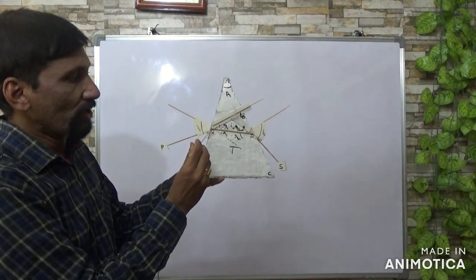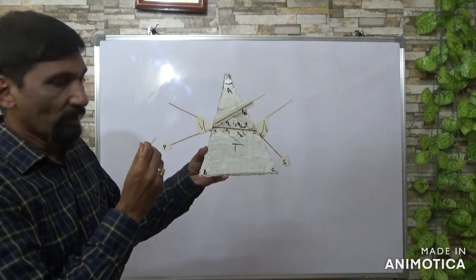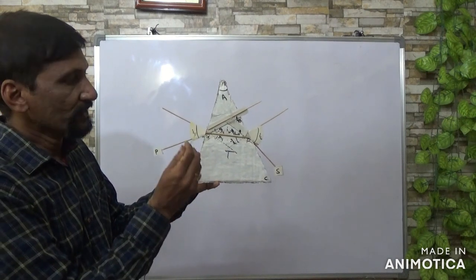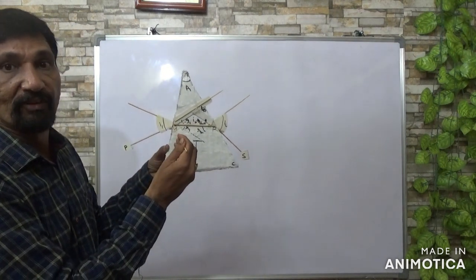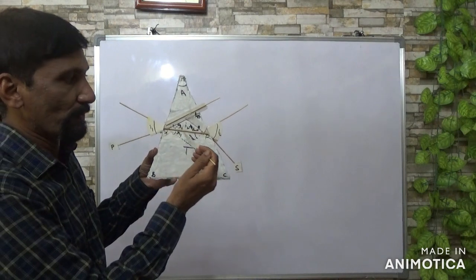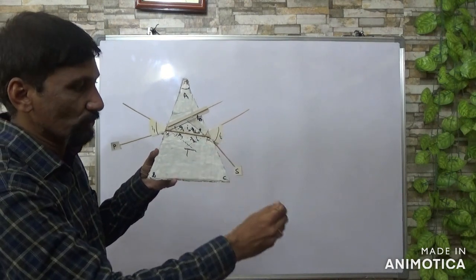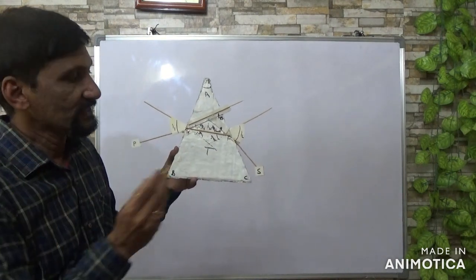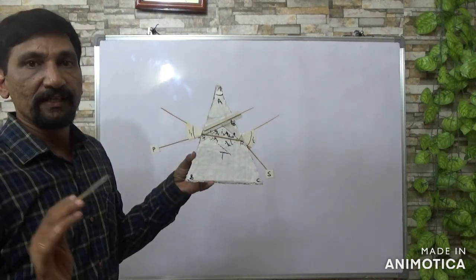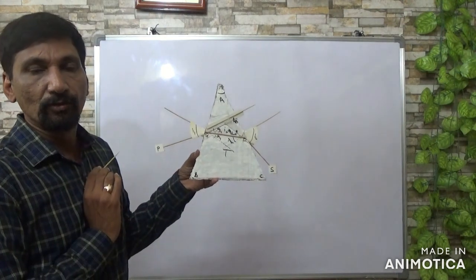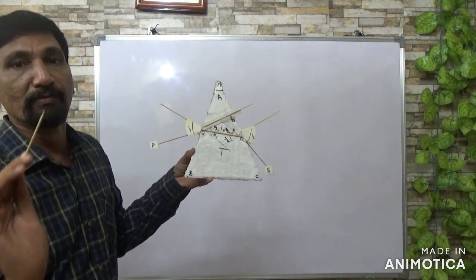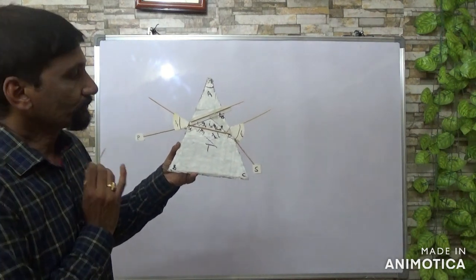This is called the interface. The light ray is moving from rarer to denser, so at this point it will be refracted, right? It travels through the path QR and emerges out through the path RS, making an angle I2. So I1 is the angle of incidence, and I2 is the angle of emergence.